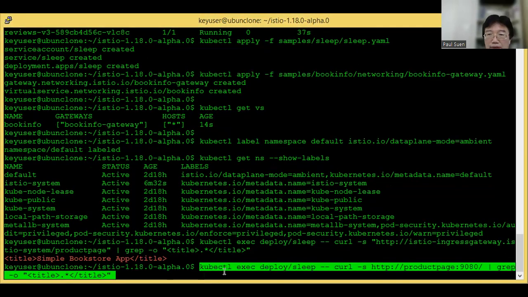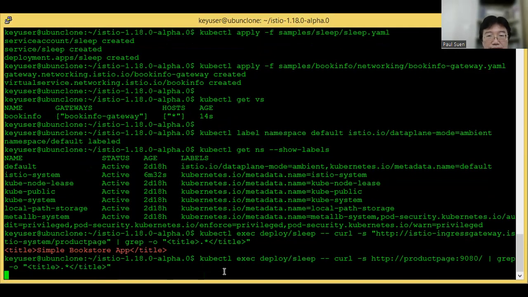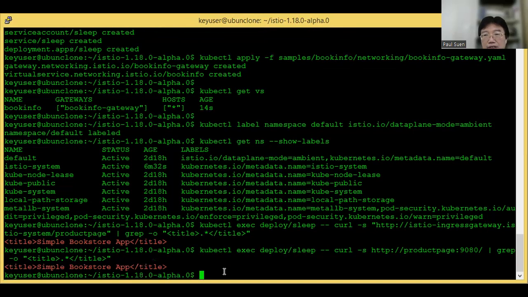The portal page, that is the product page app. Yeah, you can access the product page application.